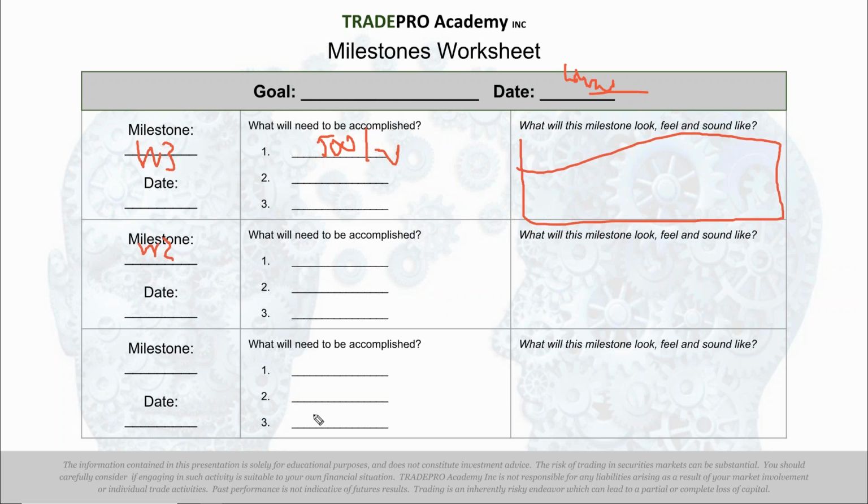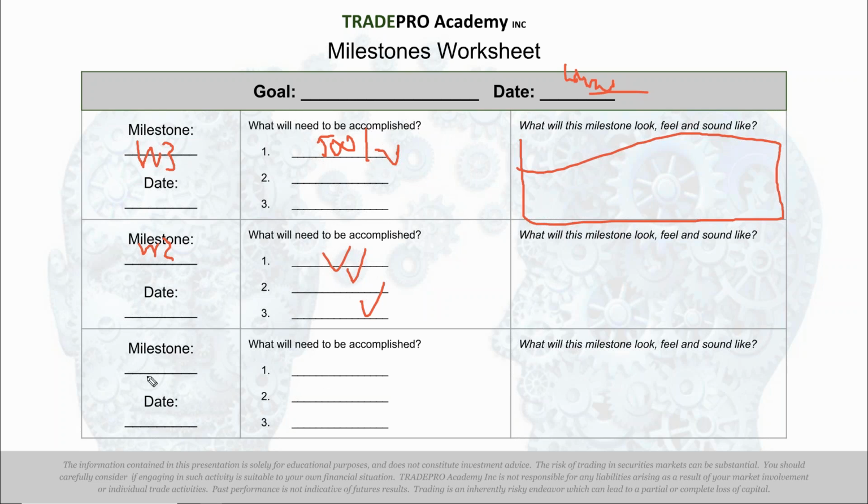So go backwards. Week 2, what will need to be accomplished? And you're going to find something interesting. If I asked you before we did this exercise, here's a goal, 3 weeks into it, where should you be? You won't know. But if you already imagine yourself having achieved the goal and you ask yourself, what would need to be accomplished for me to be there? It's so much easier. And your unconscious mind has the answer. Remember, it's that intuitive answer you're looking for, right?